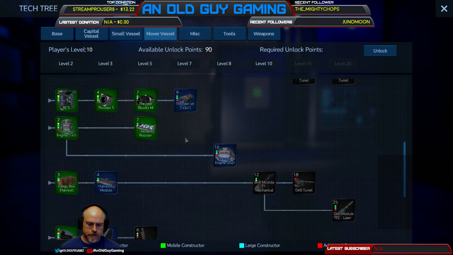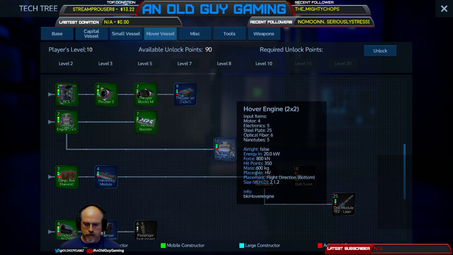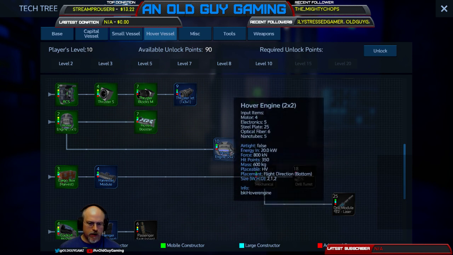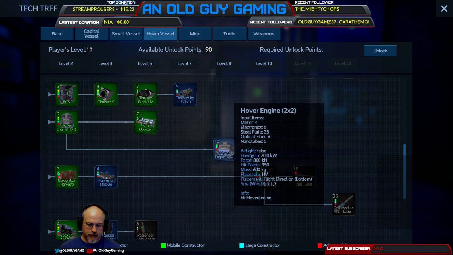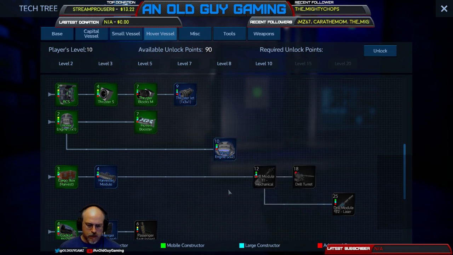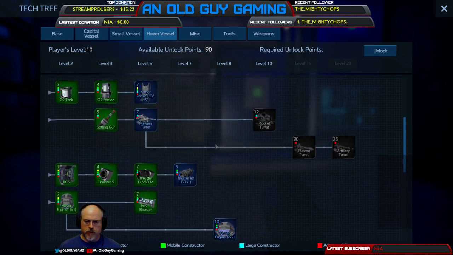Oh, we could put the larger hover engine on. I don't know if this is physically... Oh yeah, I guess that 2x2 means the space that it takes up. Yeah, okay. Now, I don't think I'm going to do that, because I want to stick with the actual blueprint